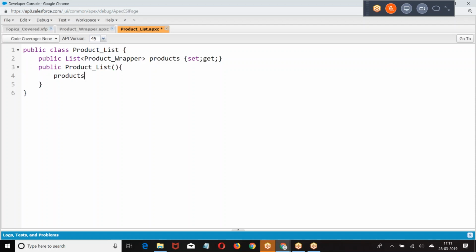I gave products equal to new list of product. I was taking an integer i equal to 1; i less than or equal to 4; i plus plus.